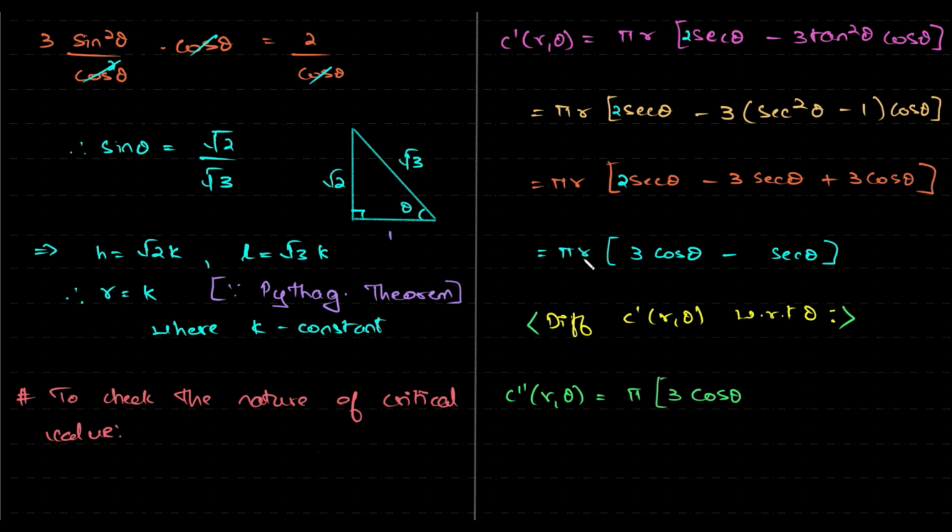So I'm taking differentiation of r, just copying the second term, because differentiation of r with respect to r is 1. Okay, so if you guys want to, and then plus pi r, see, it's so simple now, minus 3 sine theta minus secant theta tan theta,